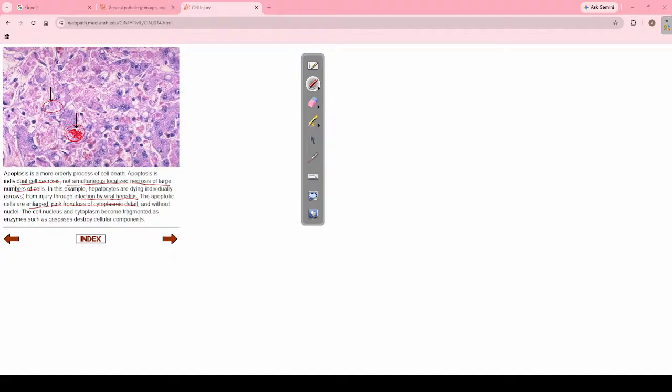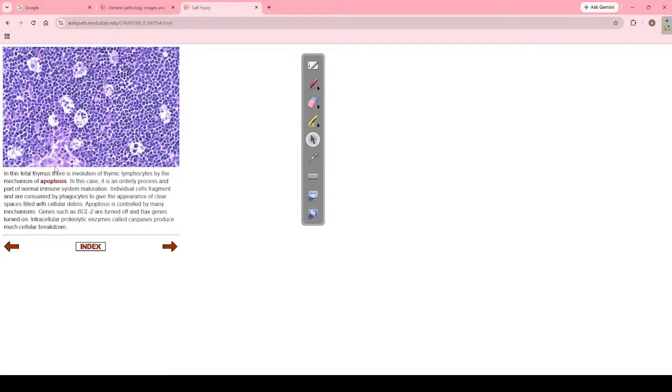Without nuclei, the cell nucleus and cytoplasm become fragmented, due to enzymes such as caspases, which destroy the cellular components. Look, they're all fragmented; small fragments can be seen. Yeah. Right. Next we have